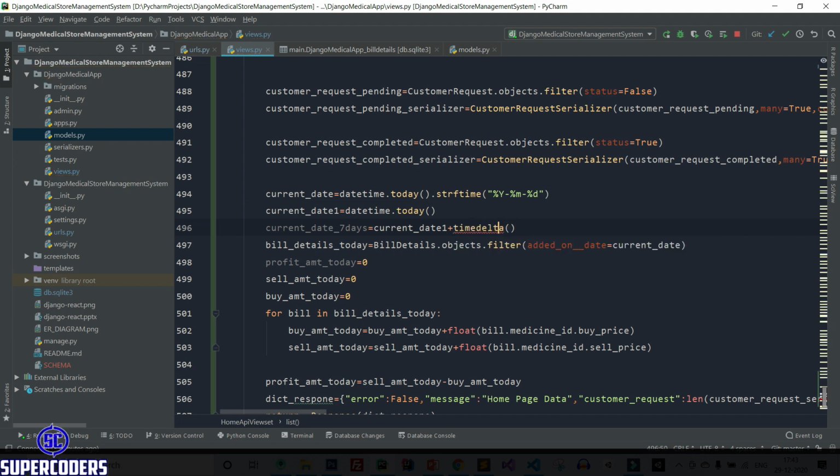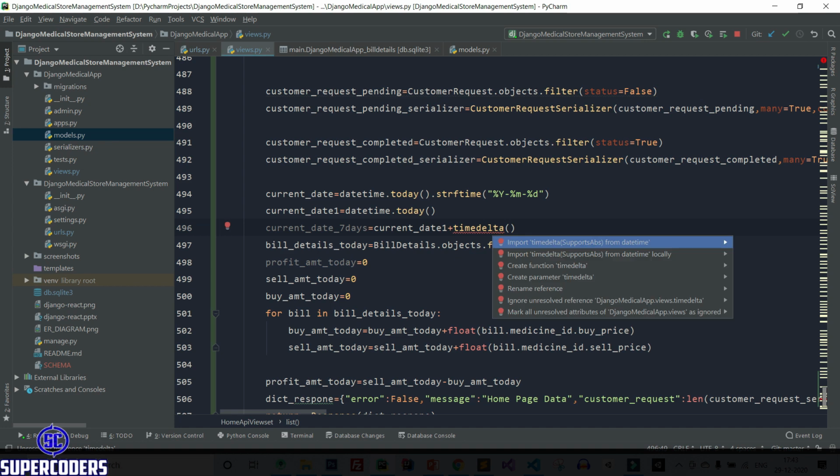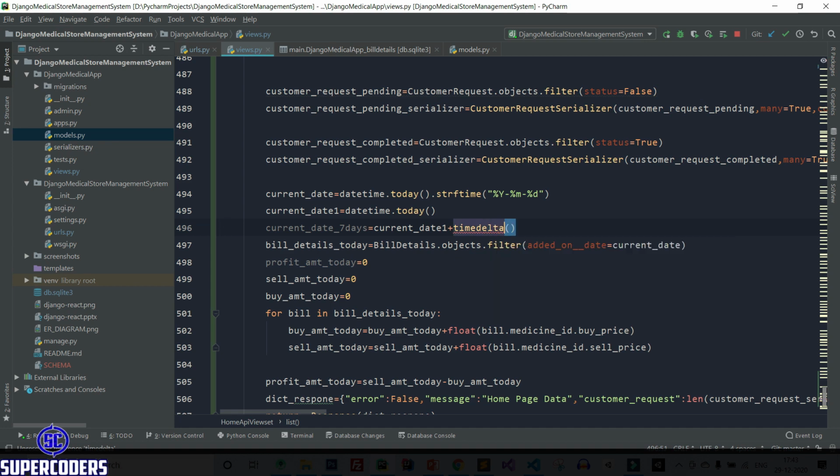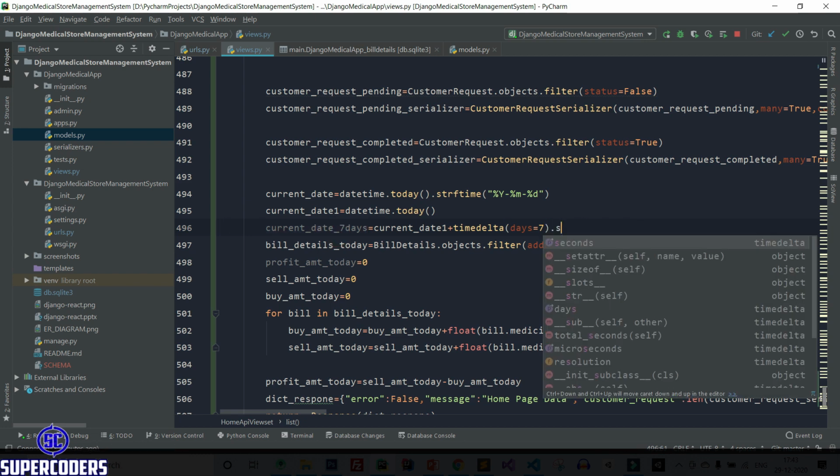Let's import time delta, then passing some data, so days equal to 7. After that, here you can get this 7 days. Now change the format, so str.